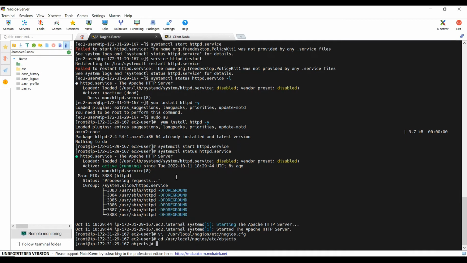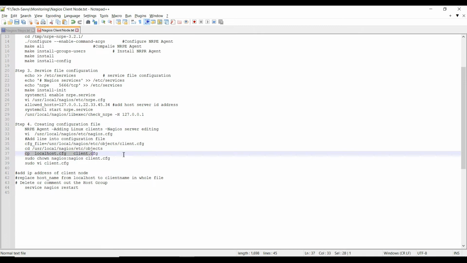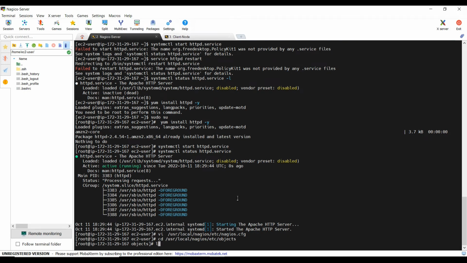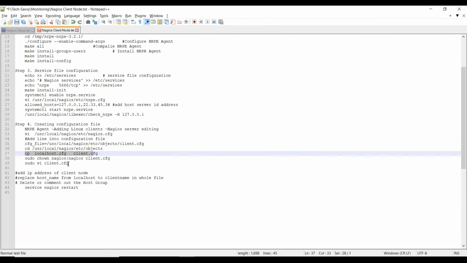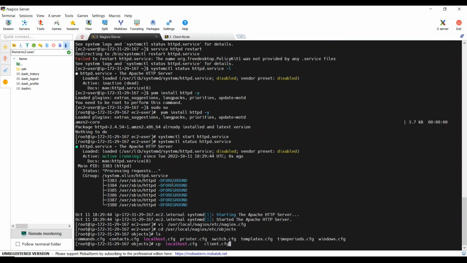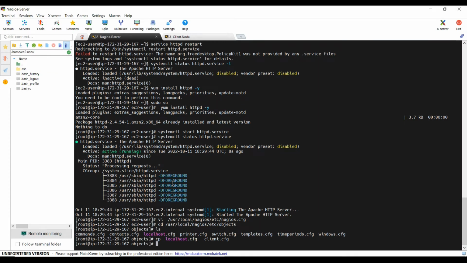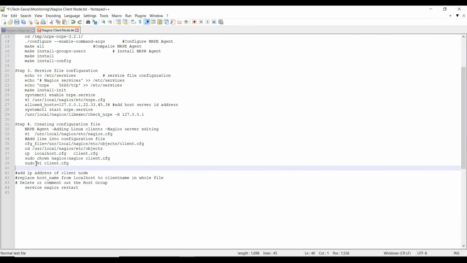Under this path you can see there are lots of configuration files present. We need to create one client config file. So for that we just copy localhost with the name of the client config. So we will create one file similar to localhost, and now next we will go, or first we